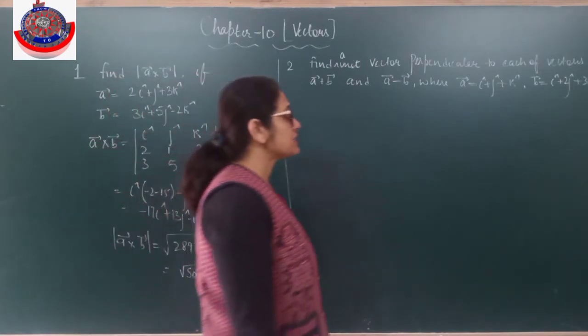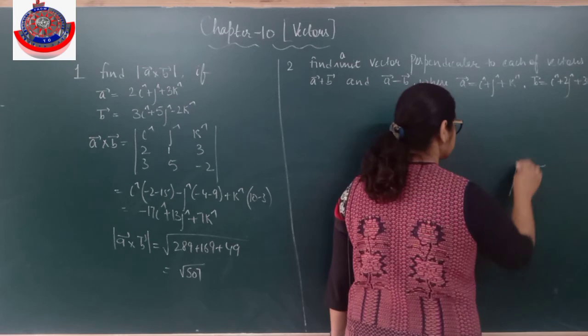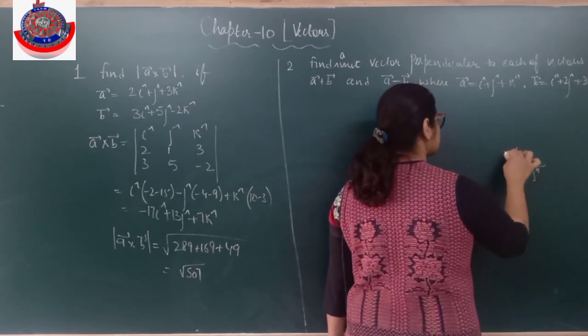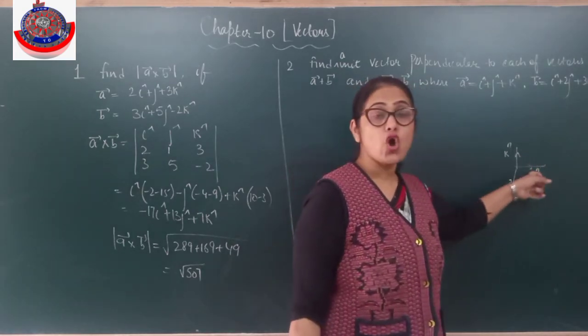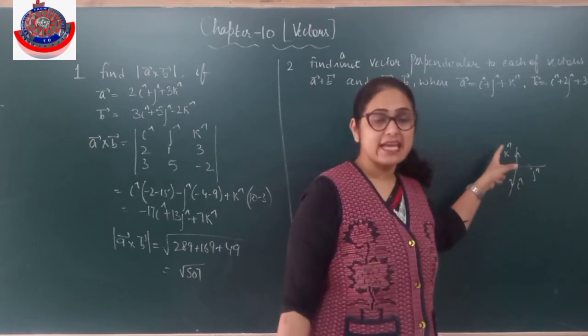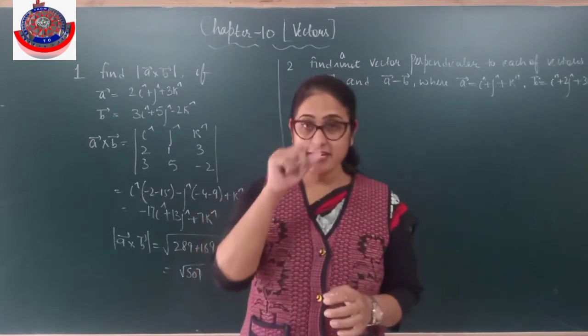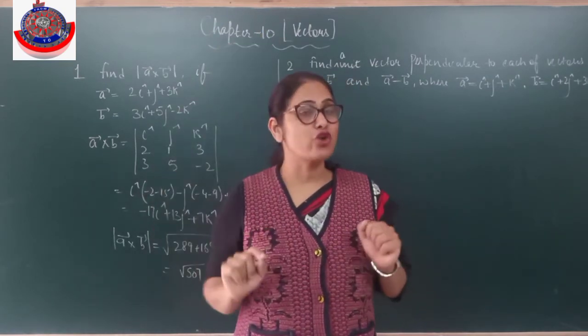First of all, whenever they ask you to find out, suppose this is I, this is J, this is K. A vector which is perpendicular to each of two vectors, I or J के perpendicular is K cap. Is it clear? Whenever they ask you to find out, अब n याद है ना n cap. A vector और B vector की mutually perpendicular था n cap cross product के अंदर.